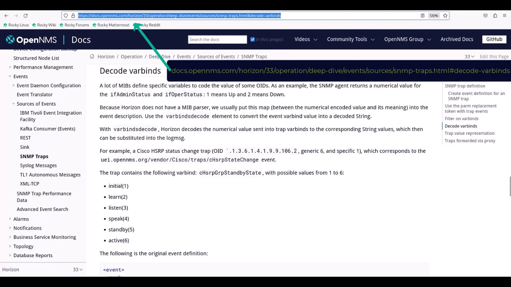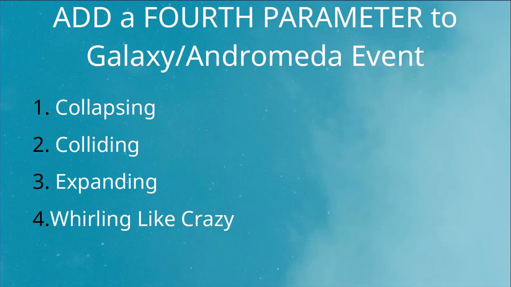Sometimes the value in the OID type value combination can represent something else. Getting that something else means decoding the OID type value. OpenNMS can decode VARBINDS. The documentation is found in the Horizon Operations documentation under Deep Dive, Events, Sources of Events, SNMP Traps. The plan: add a 4th parameter to the Galaxy Andromeda event, an unsigned integer value, where 1 indicates Andromeda is collapsing, 2 indicates Andromeda is colliding, 3 indicates Andromeda is expanding, and 4 indicates that Andromeda is whirling